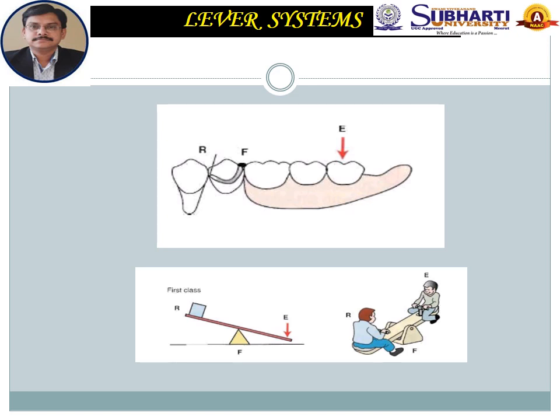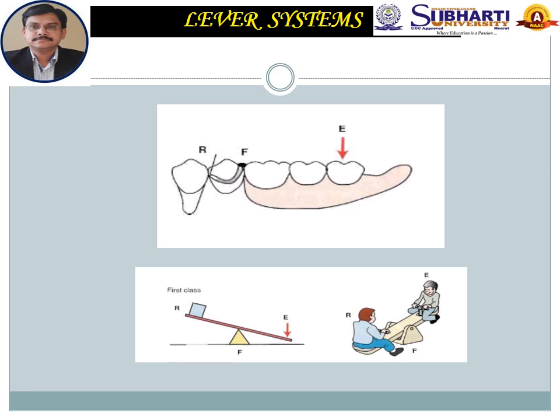If you look down, we can appreciate that there is a diagram of a seesaw which contains one fulcrum which is present at the center in between the effort and resistance. That means if effort is applied, that means if force is exerted on the E point, then what will happen? The F point, that is the rest in this RPD, will act as a fulcrum, and the R point, the tip of the clasp, will act as a resistance arm, and the R point will try to get lifted up.